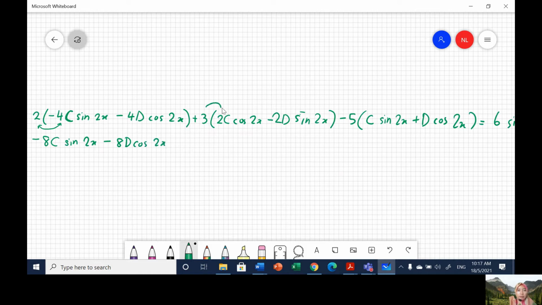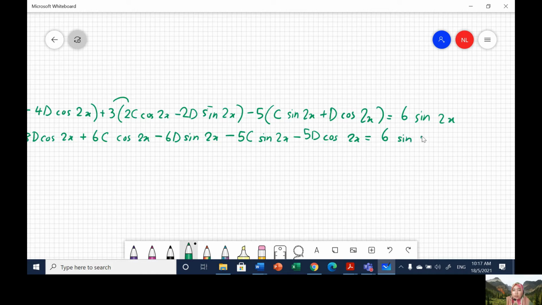Then this times 3 and negative 2d, plus 6c cos 2x, we have negative 6d sin 2x. Then minus 5c sin 2x minus 5d cos 2x